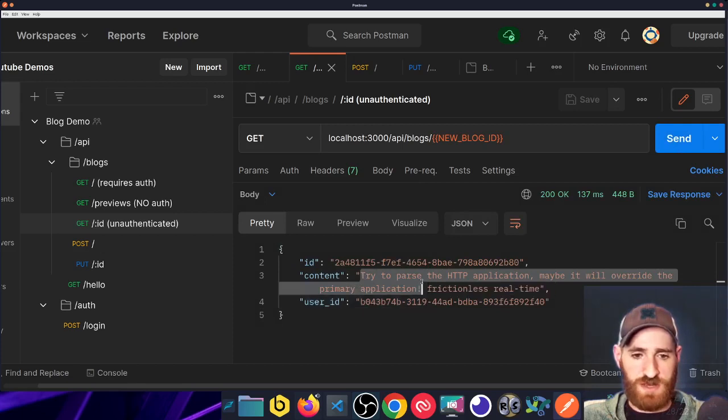So tech jargon, and then we get frictionless real time. So they're the business buzzwords. Here's the tech jargon, and we do see that it did update successfully. So finally, now we can just